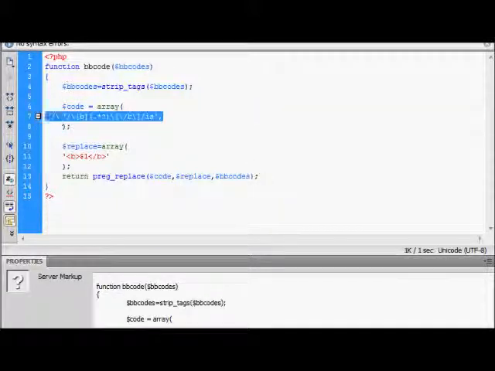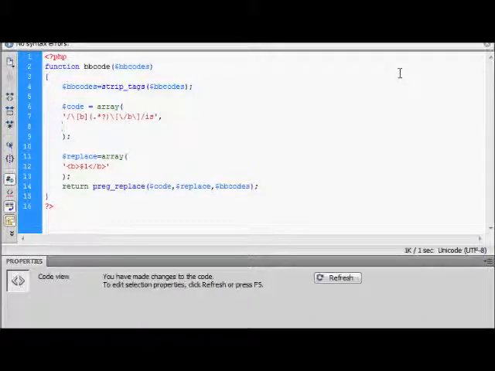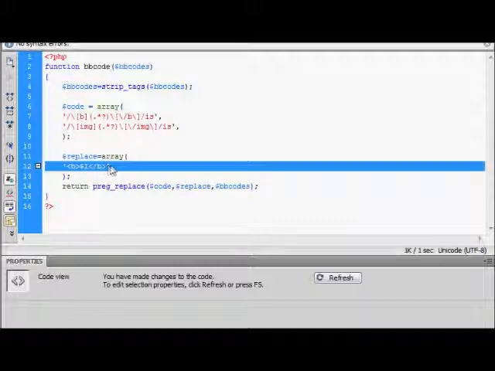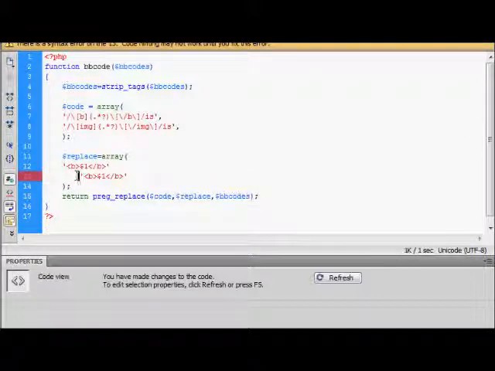We can add a few more if you want, just so you know how to. Let's say we add image. Let's say img. So here, and for this you can just copy this, but don't forget to add commas, and the last one shouldn't have a comma. Okay, what here should be is, and